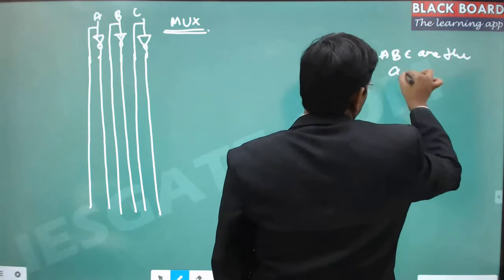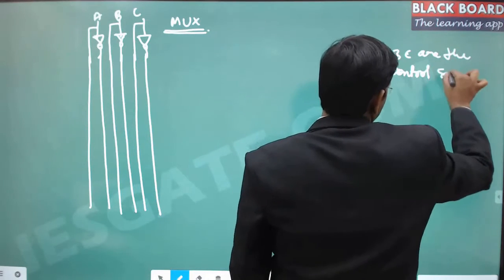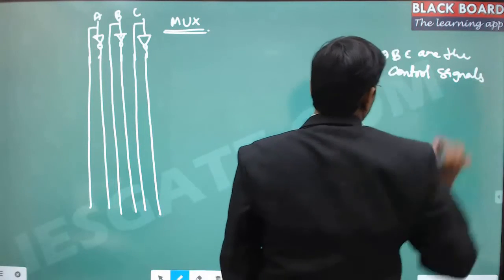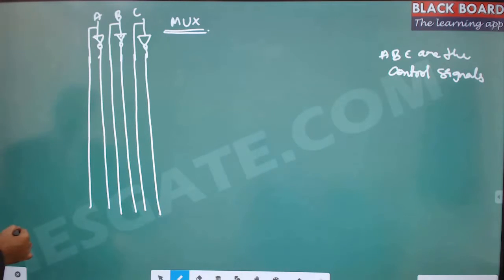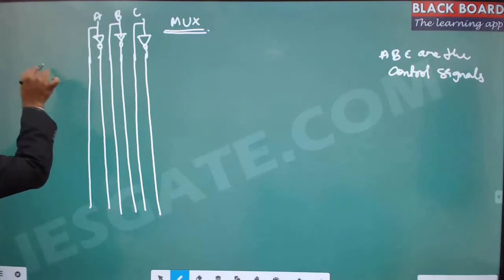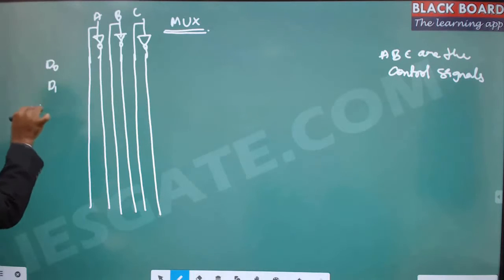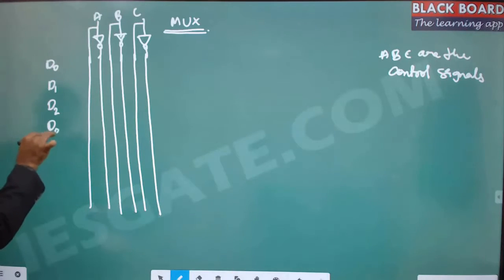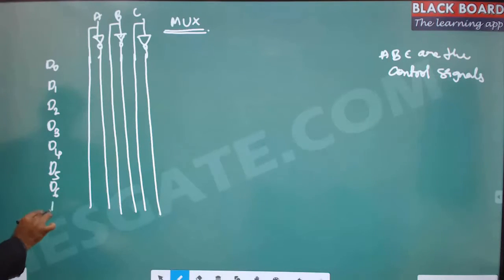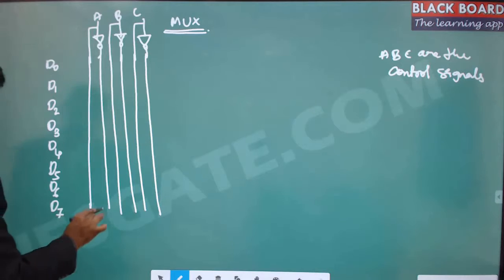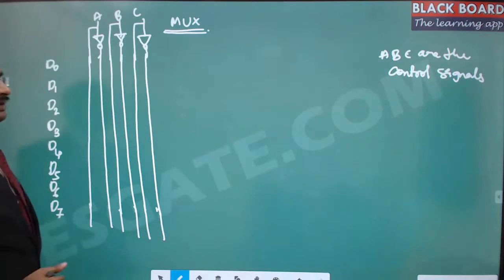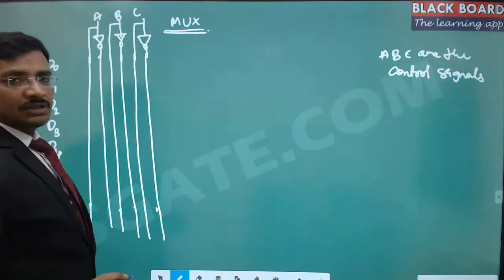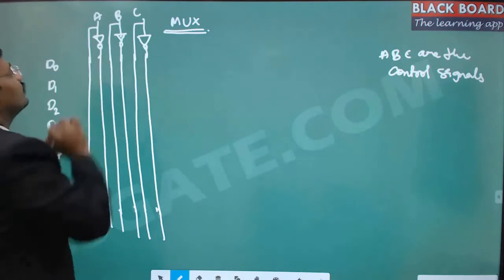Now let us take 8 different inputs: D0, D1, D2, D3, D4, D5, D6 and D7. So these are 8 different inputs. At any instant one input needs to be selected. For that we will take the output, and this is ABC.